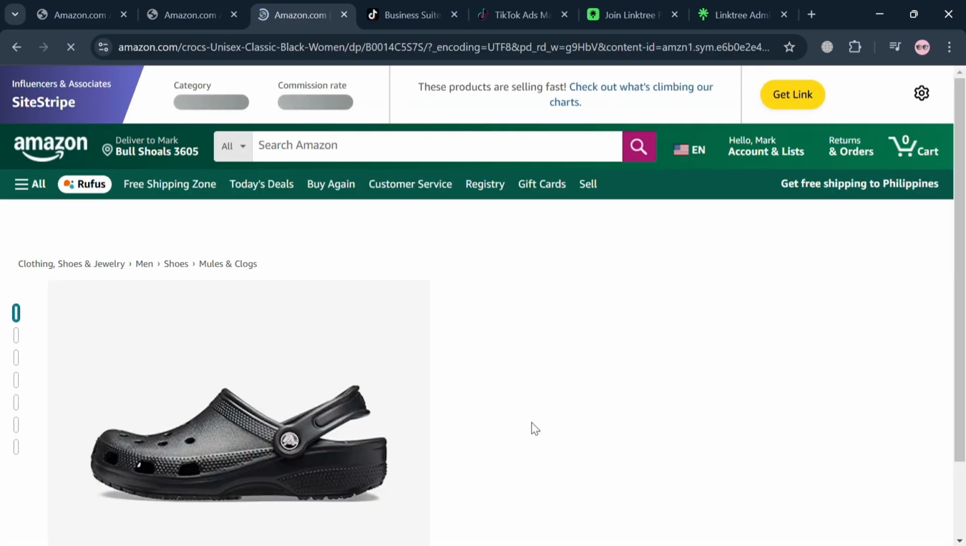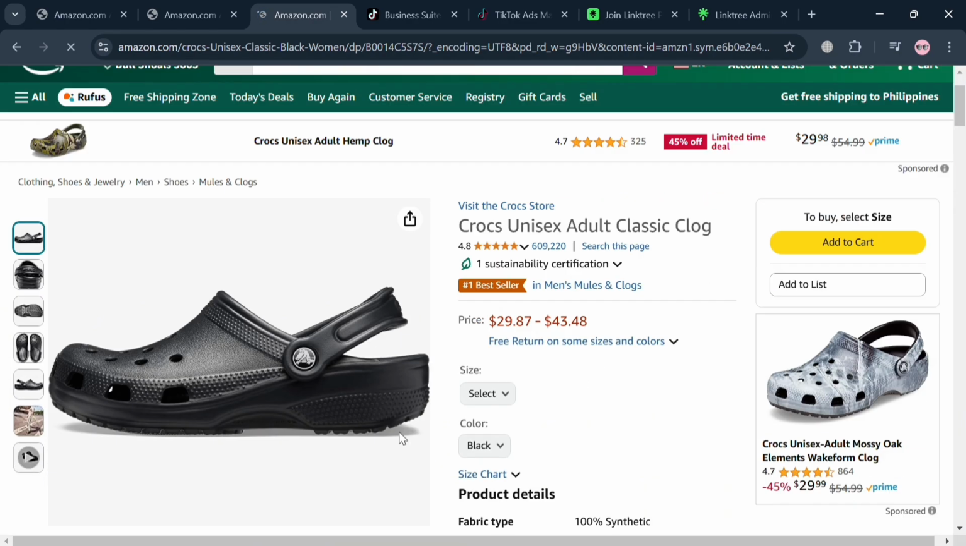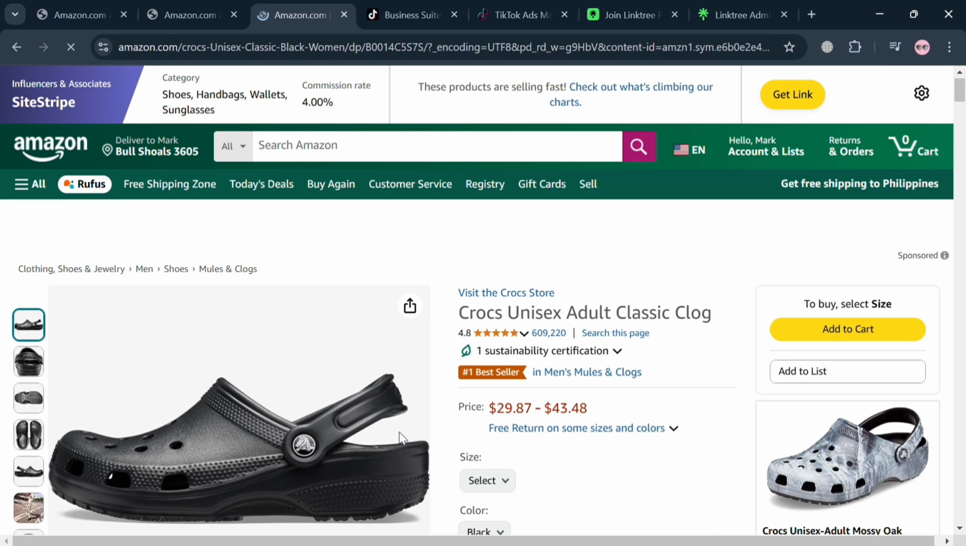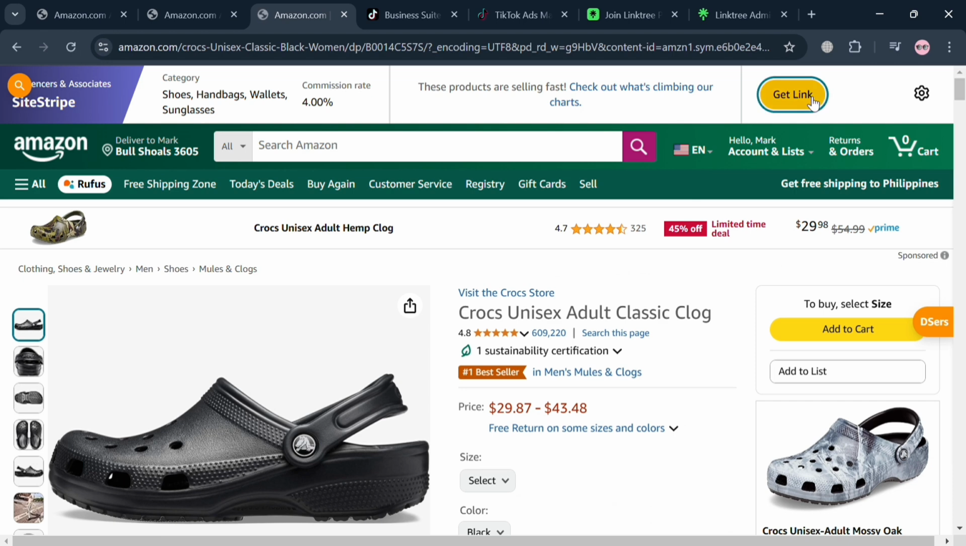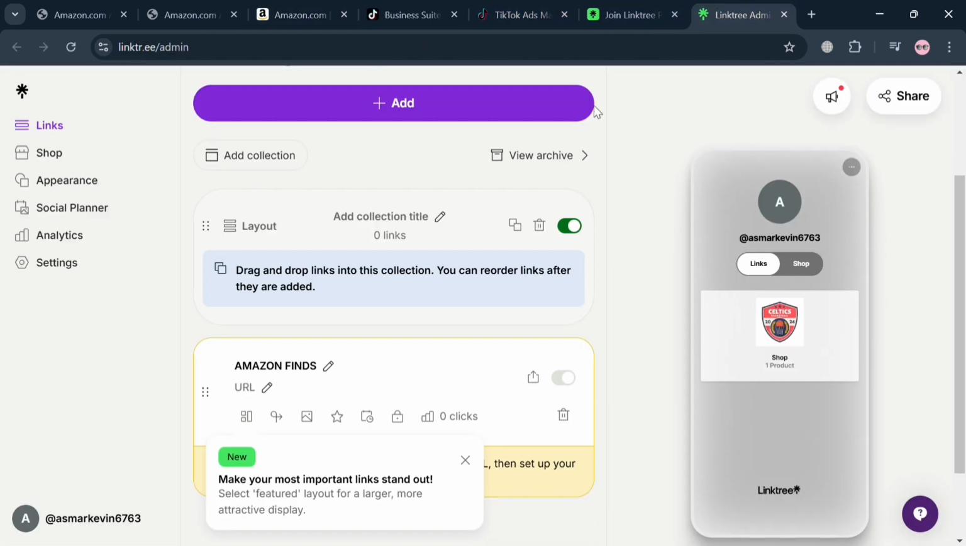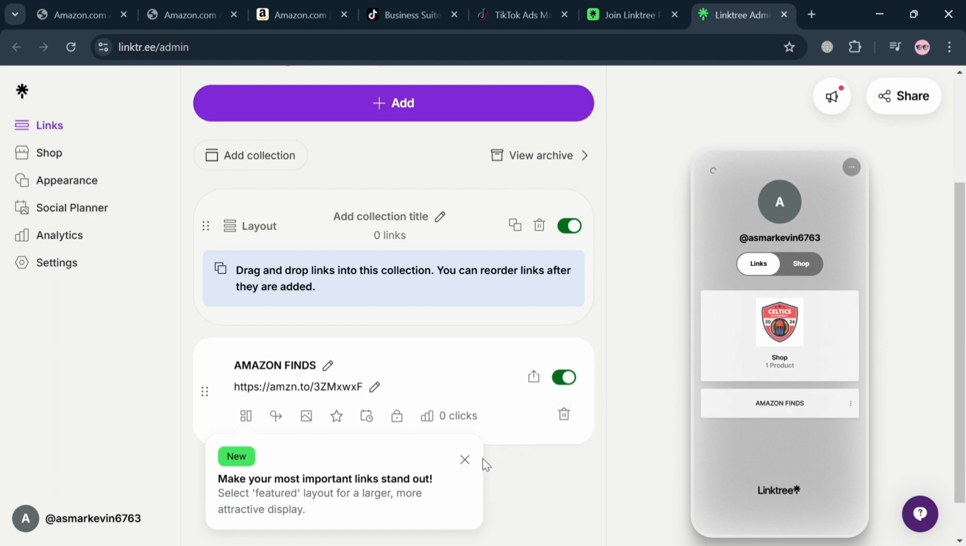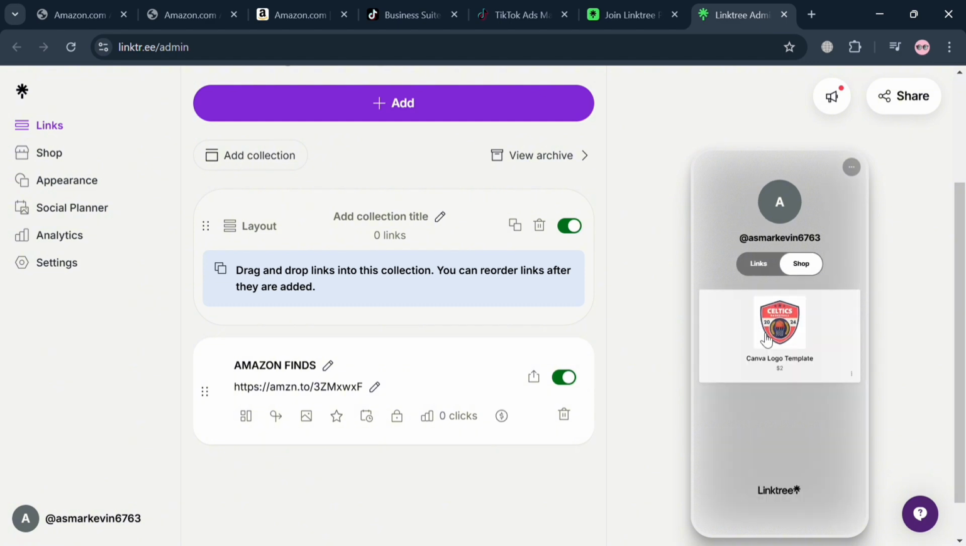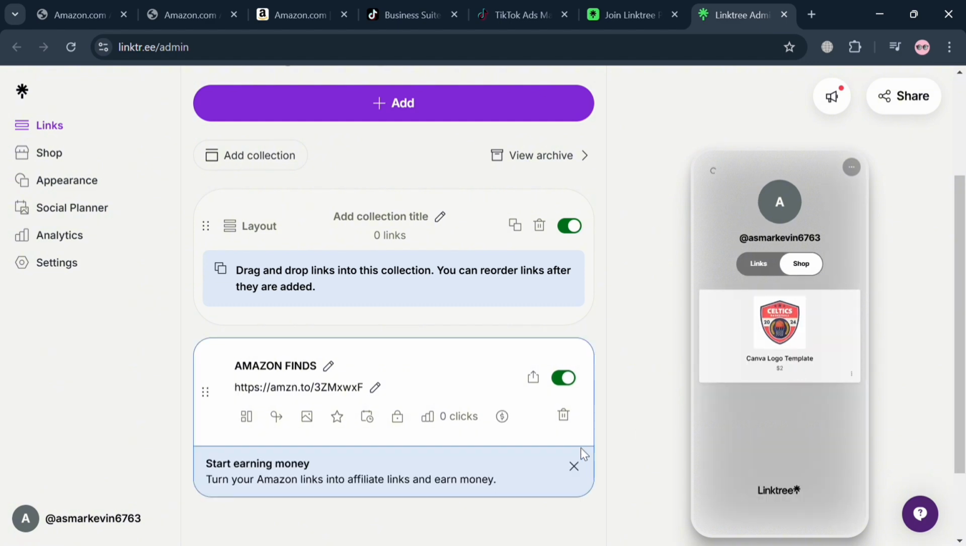By simply clicking on it, it will show us all of the details about this product, including the name of it and the corresponding price. By clicking the Get Link button on the top right corner, it will show us the short link that we can simply copy. Then simply go back once again to our Linktree account and paste it under this URL in here. By simply pasting it, it will show us what it looks like, and it will automatically appear on the right side panel,